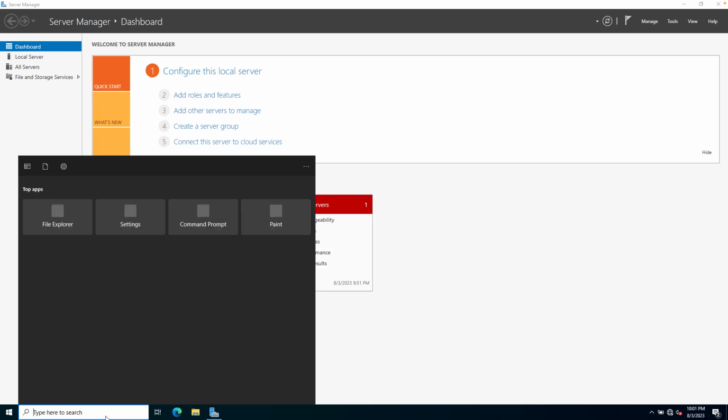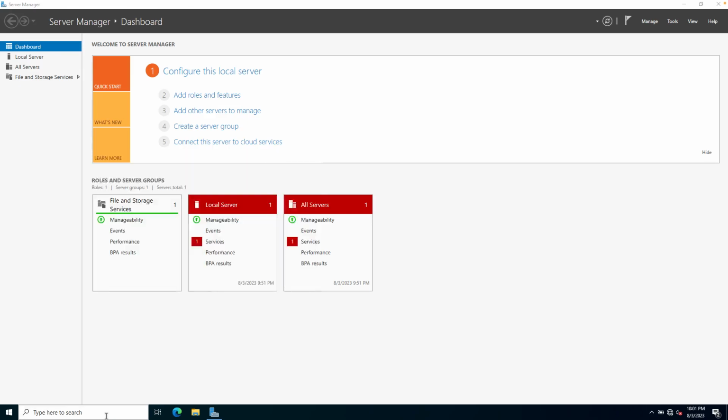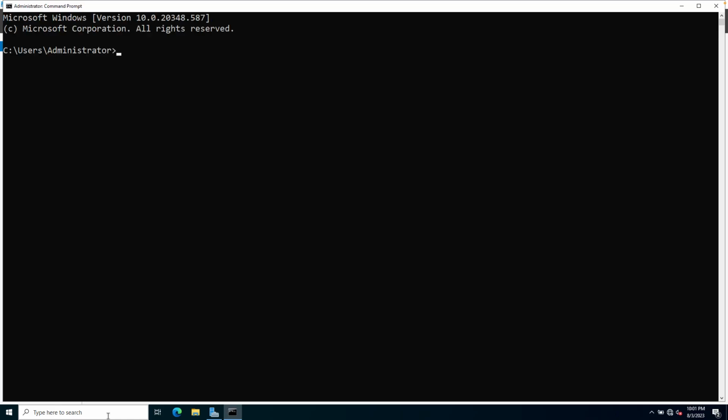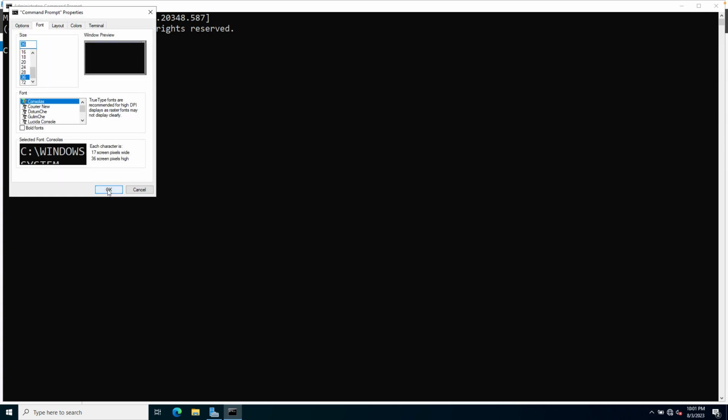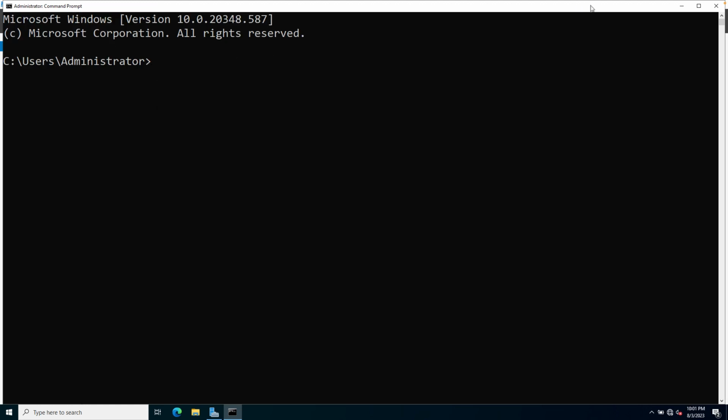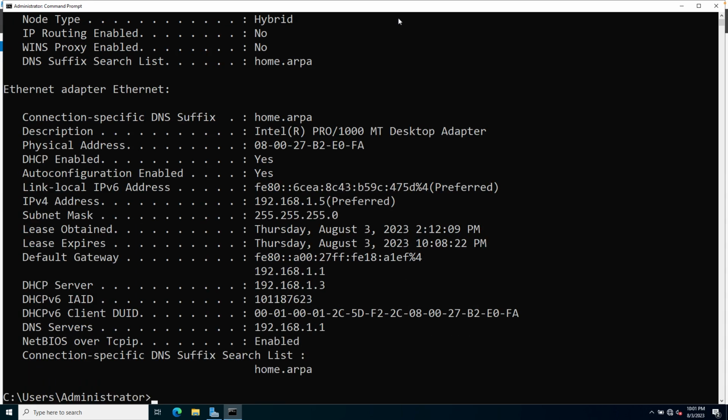Let's go to the search bar, type CMD, and then hit enter, so we can check the current IP address for our server. Let me just increase the font size so you can see. So if we type and run ipconfig /all, you will see the current IP address for our server is